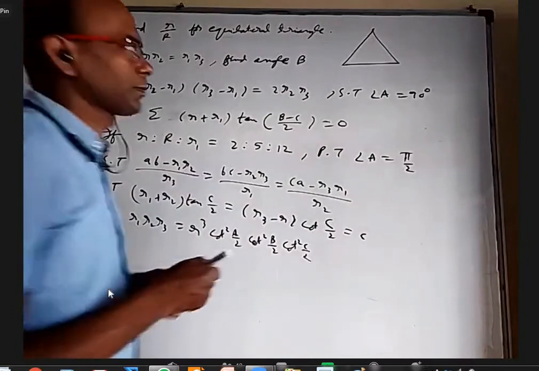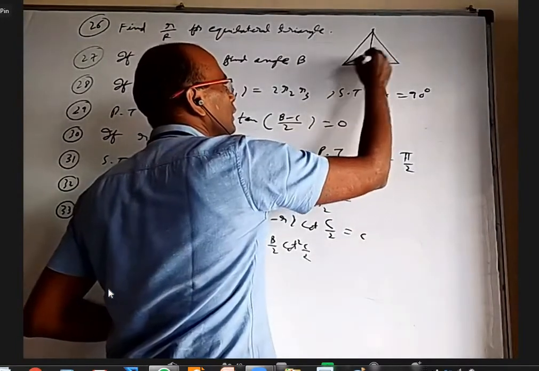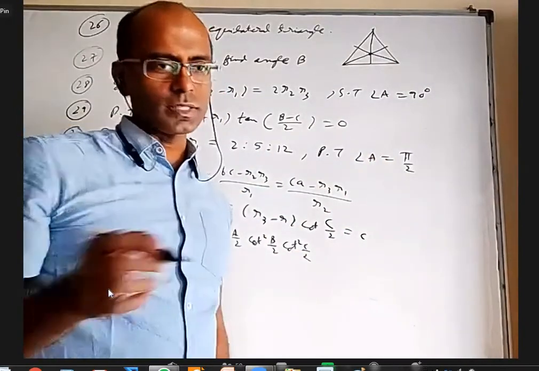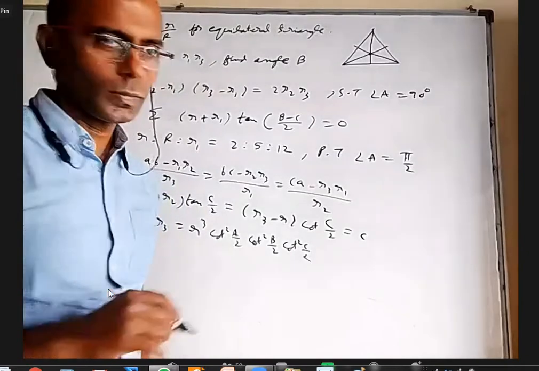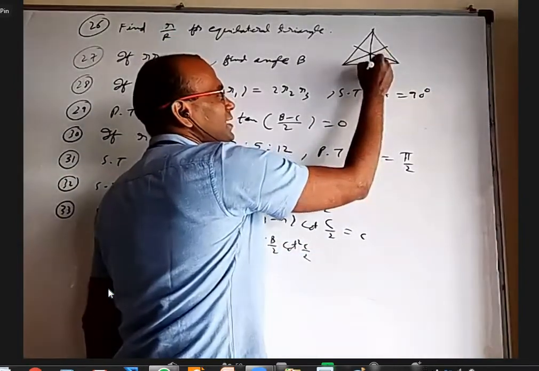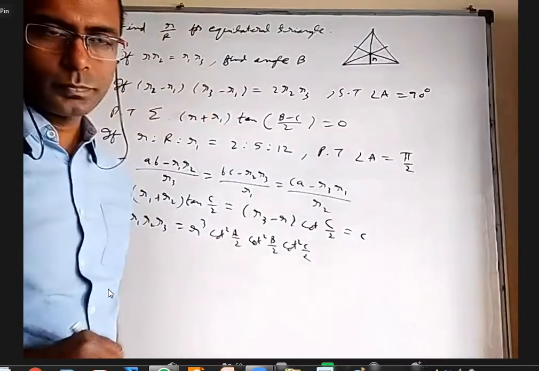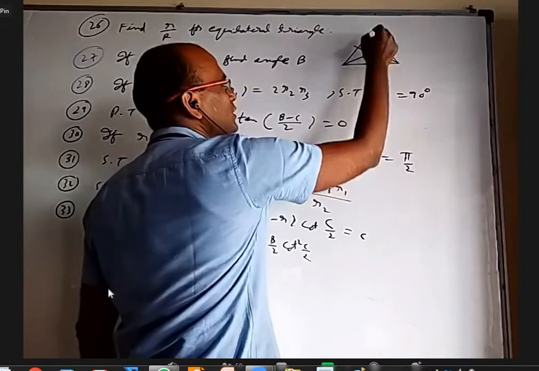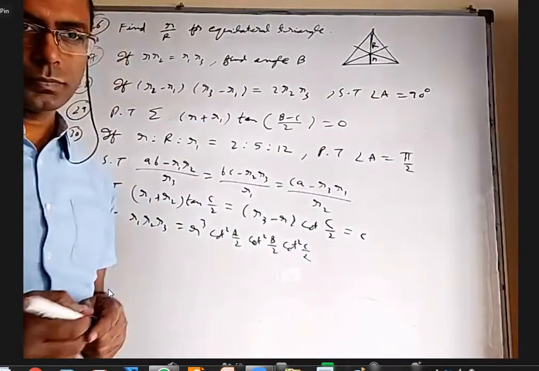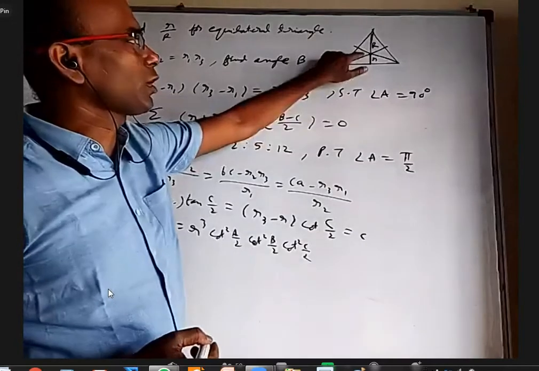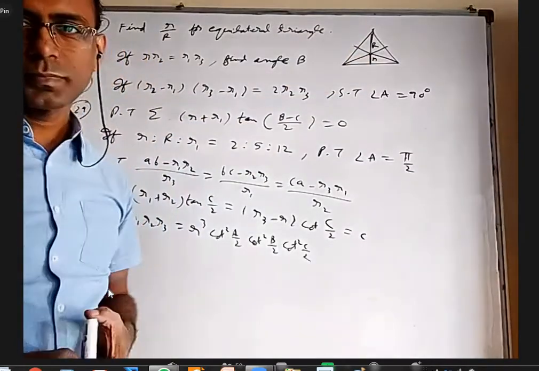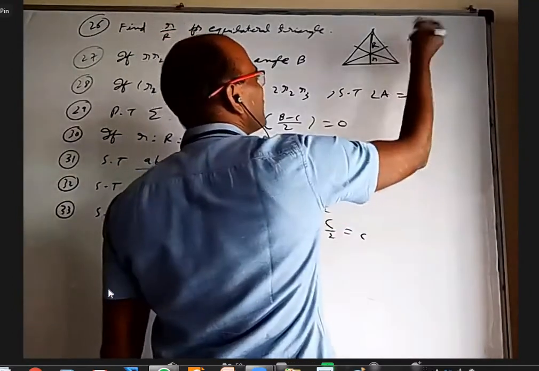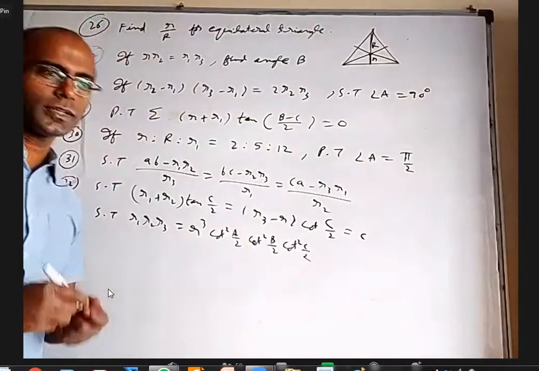Another one is, look at the figure. In an equilateral triangle, this point is centroid also, orthocenter also, circumcenter also, incenter also, right? Because it is incenter, can I say this length is small r? And because this point is circumcenter, this is capital R. And because this is centroid, this by this is 1 by 2. Okay, that's it from the figure. Nothing to write. It's so simple, right?